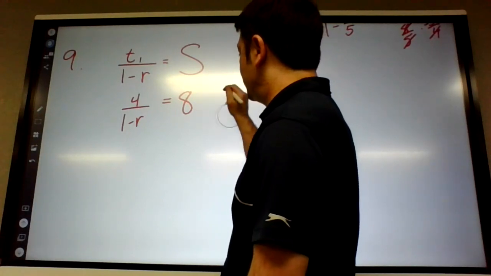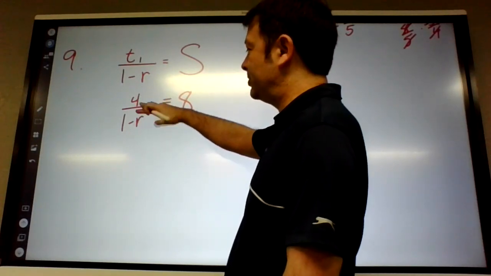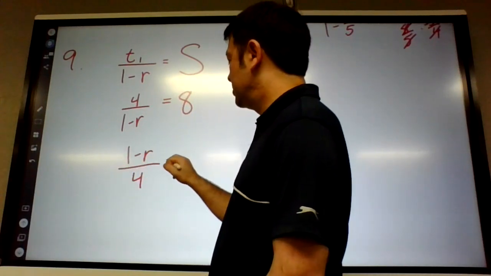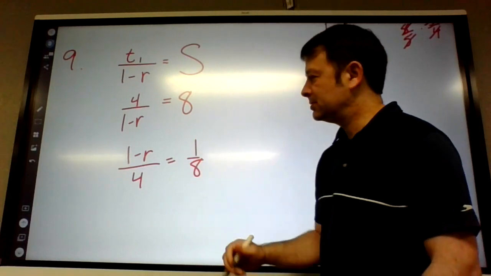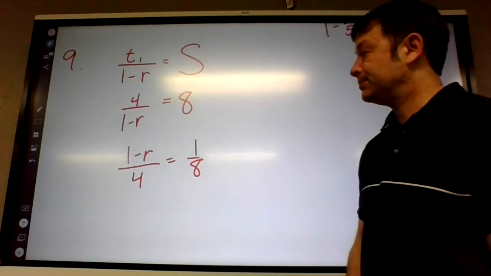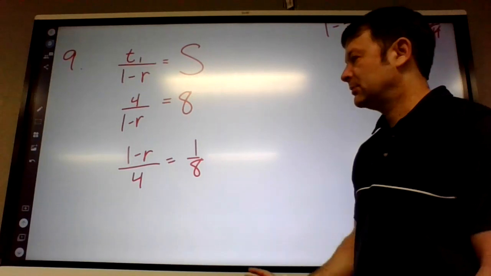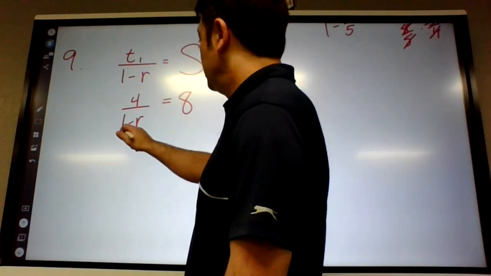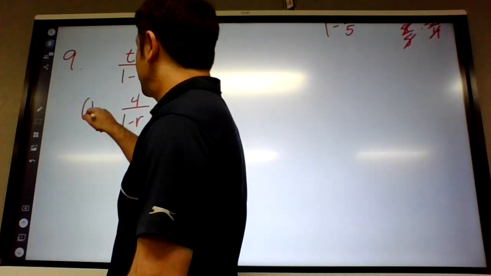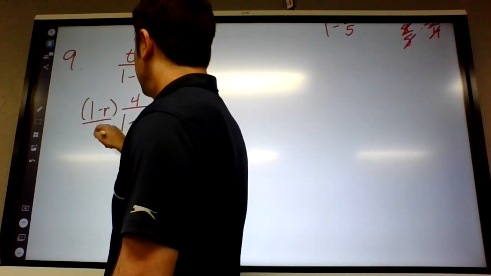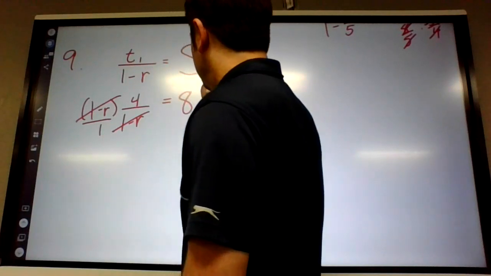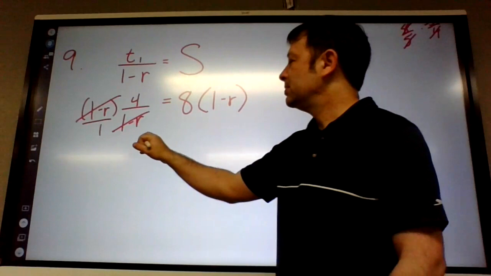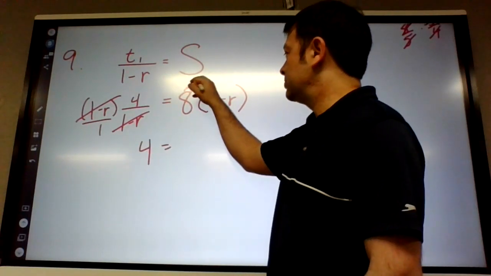Another way to think about it is if two things are equal, then their reciprocals are equal. So you could flip them both, like this, and that puts r on the top. I don't think either way is really easy. We'll go with the first way. So if we multiply this side times 1 minus r, it's just going to go away. And this side times 1 minus r. So we got 4 equals,